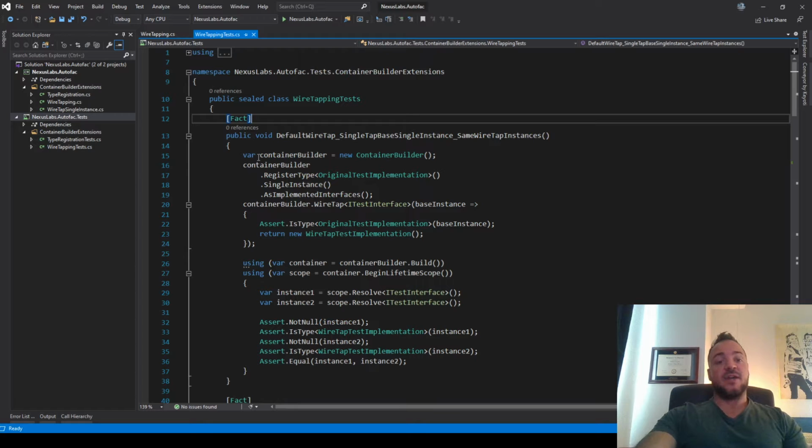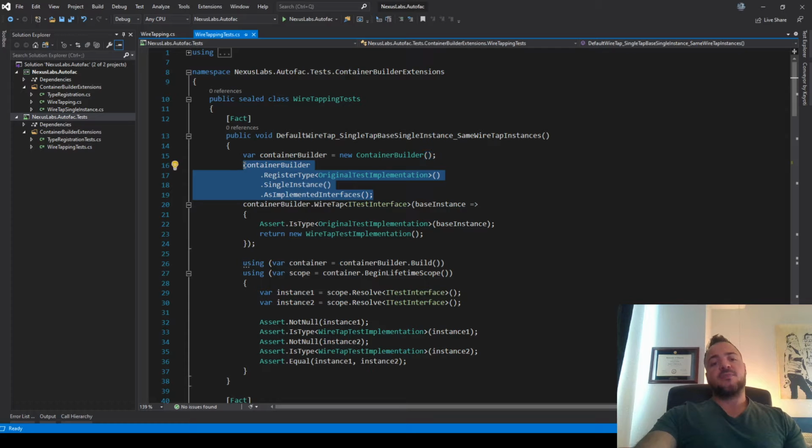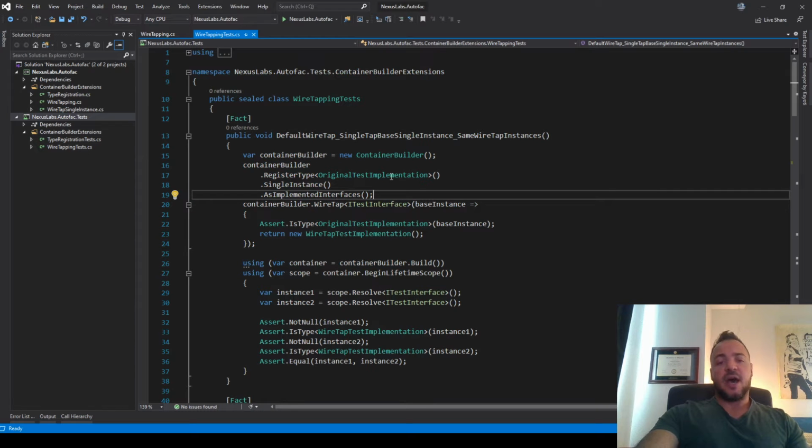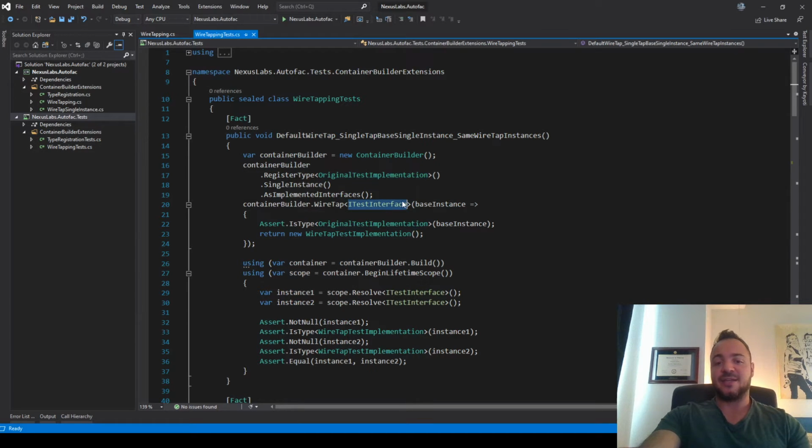And what I've done, most of these tests are very similar, so I'll walk through the structure of it. Because I am making extension methods for a container builder in Autofac, I have to make a new container builder. This is like a setup part. So I have a really simple class. I don't even think this class does anything, but it's essentially a class that needs an interface, which is going to be the ITest interface.